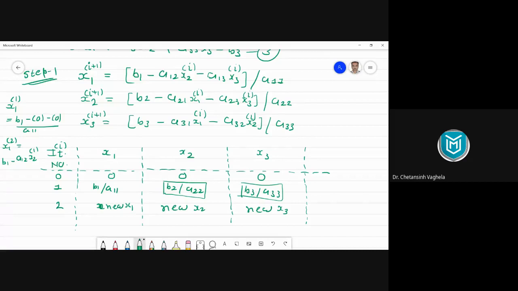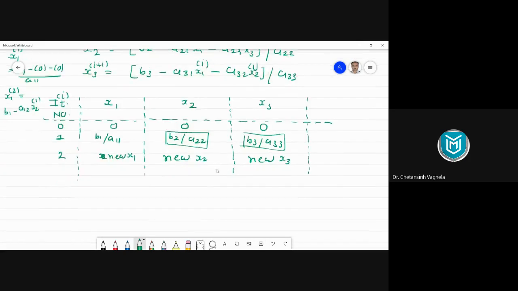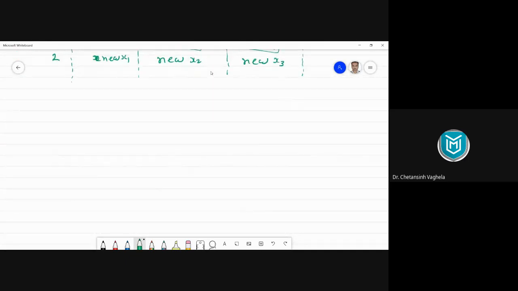And now the same process will repeat in the third iteration, right? So in this way, iteration by iteration we will get better and better values. The more iterations you perform, the better your values will be, right? Maybe this process will be more clear to you if we take one example. So let's try to understand this by example. Let's take the first example, which we will solve by the Gauss-Jacobi method.